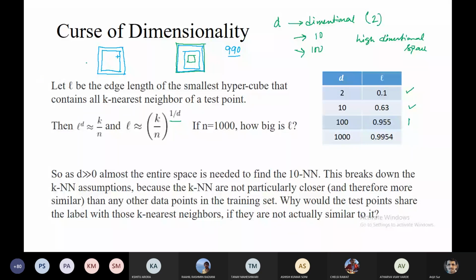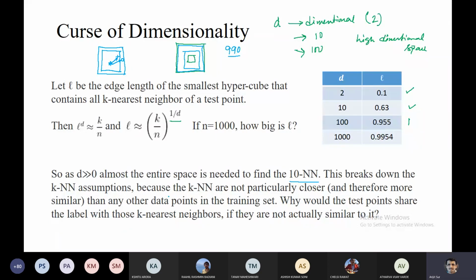Here is your cluster center, and this is your query point, let's say it is a star. Now the distance from this and the distance from this is more or less the same. That is the major problem that is happening. If your dimension is very high, then almost the entire space is needed to find these 10 neighbors,